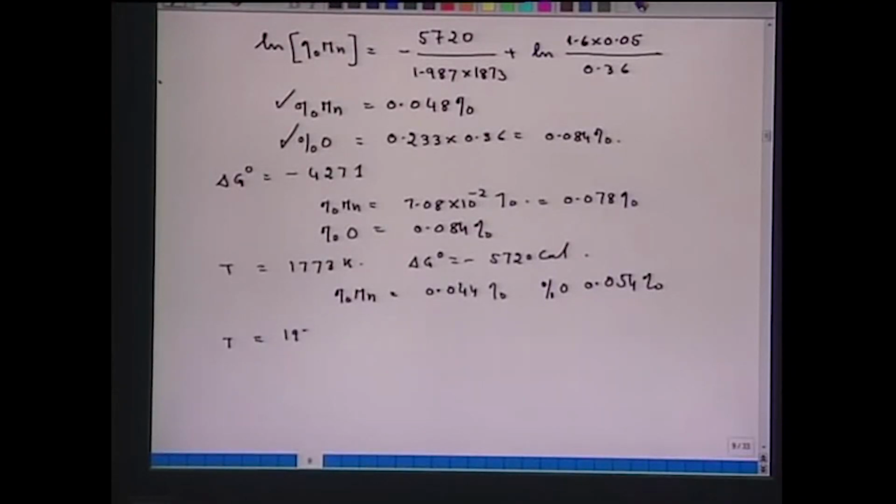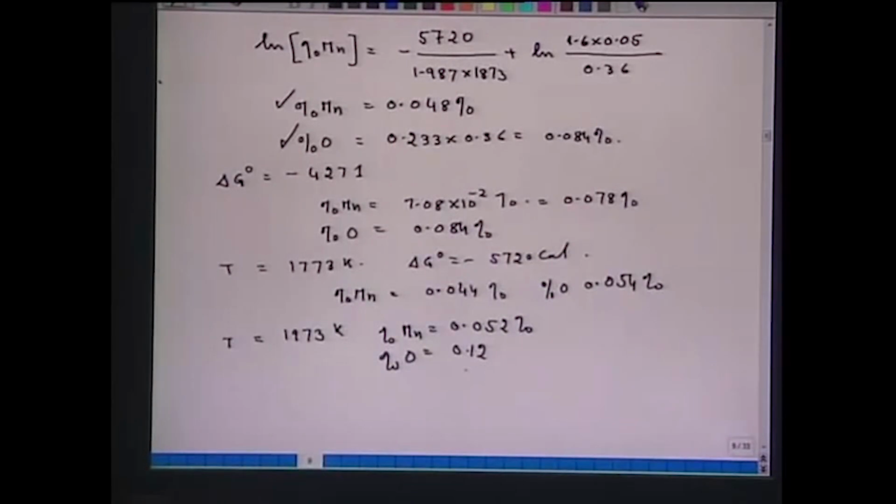Now, similarly, if we take for example T is equal to 1973 Kelvin, then we can calculate percent manganese, that is equal to 0.052%, and percent O, that is equal to 0.12%. Now, naturally, the percent oxygen will also be affected because of the temperature. As temperature increases, the solubility of oxygen also increases. So, we are getting percent O is 0.12% at 1973 Kelvin. So, what it says from here is that increase in temperature increases Mn content of steel,